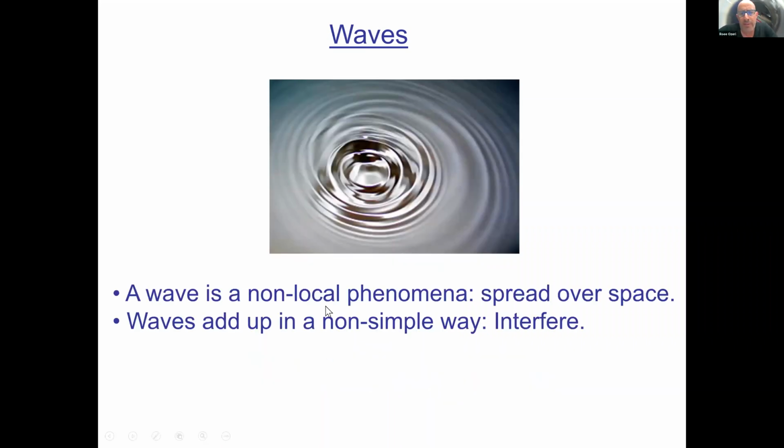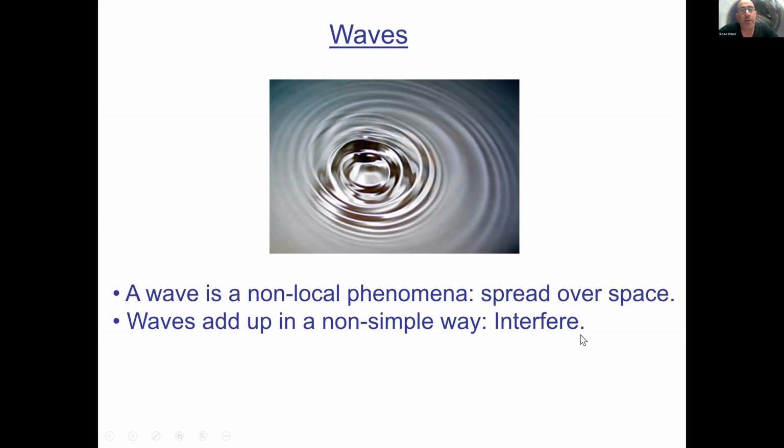A different way to describe phenomena in the world, a different object, if you like, is that of waves. Waves are very different from particles. Waves, for example, are very non-local. They're not in a given position. Waves are spread over space. What you see here is a picture of the wave that is generated by dropping one of these pebbles into a pool of water. When you do that, you see a circular wave expanding outwards. As you can see, the wave is not localized. It's really spread across this pool.